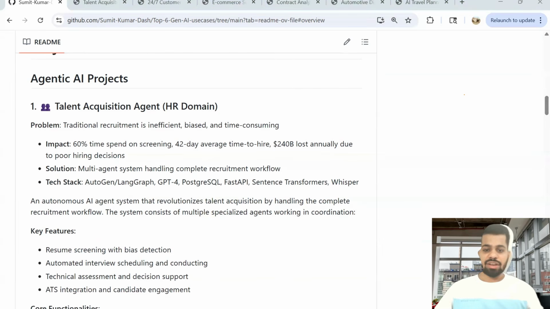It is intelligent enough that it can do the talent acquisition task by handling the complete recruitment workflow. It will not only screen the resume, or only conduct the interview. It will conduct the end-to-end process of a complete workflow with minimal human interaction. Obviously, human interaction is needed, but we should try to keep it as minimal as possible,